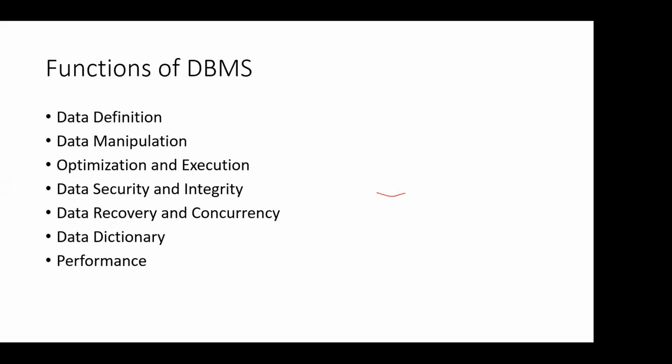The DBMS is able to accept all the data definitions: external schemas, conceptual schemas, internal schemas. All of this is accepted by the database management system. We have to convert it into database objects. Here we define an external schema in human understandable language, and we convert this into database objects in terms of tables and relations. These are all called database objects.